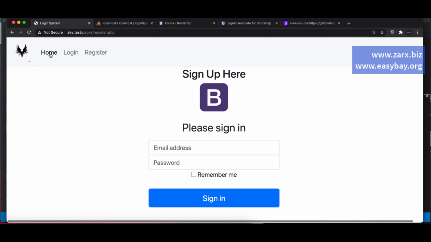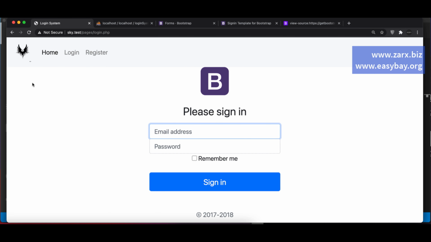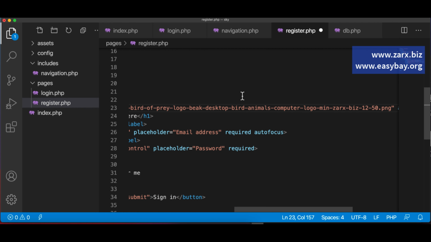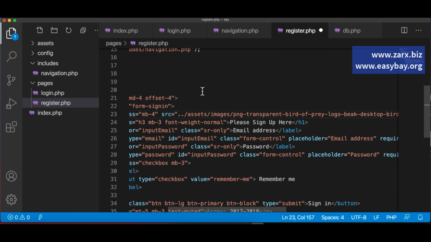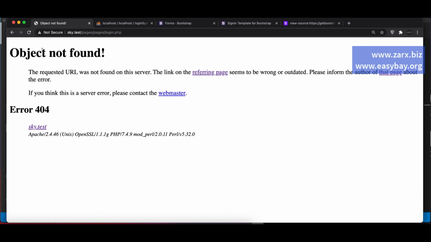Go here, go to home, refresh. So we can go login, sign in, and register. Now we don't want this logo, we want our logo in there, so we can simply change this logo. Sure. Now register inside pages, just like the navigation inside includes. I'm hoping it should be working fine. Now let's see the browser. Refresh, we have our logo,